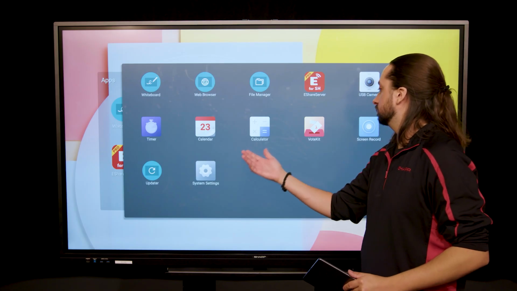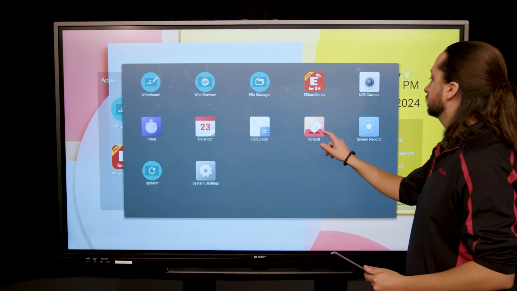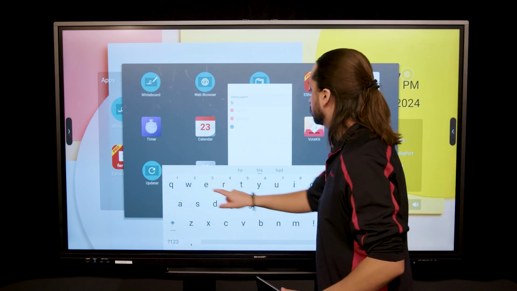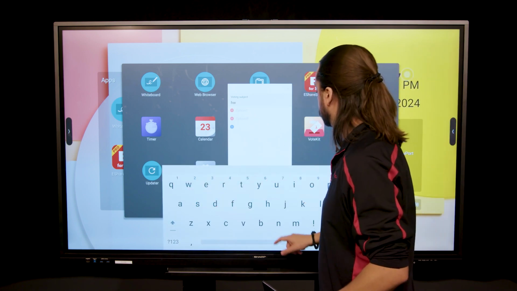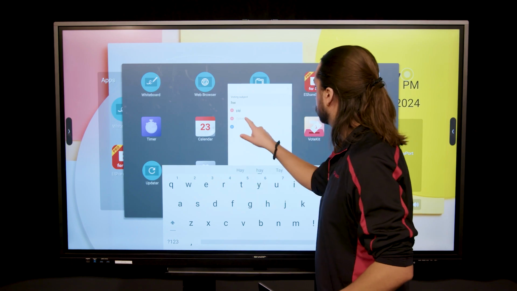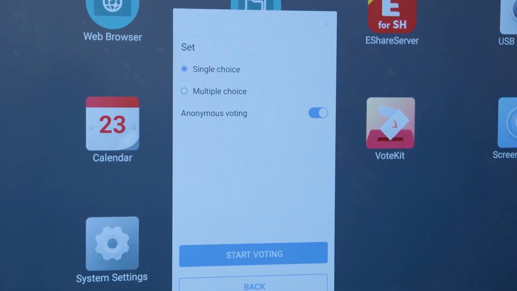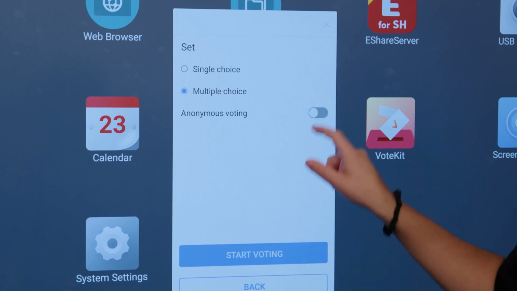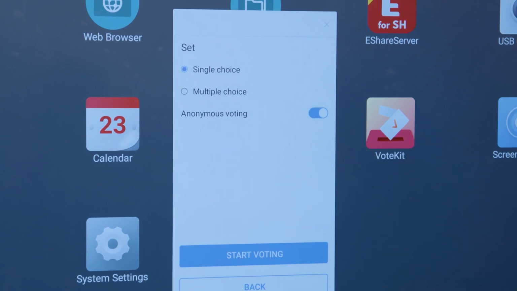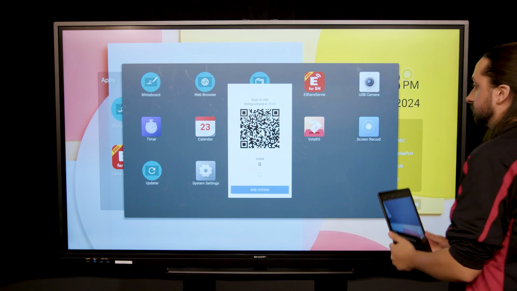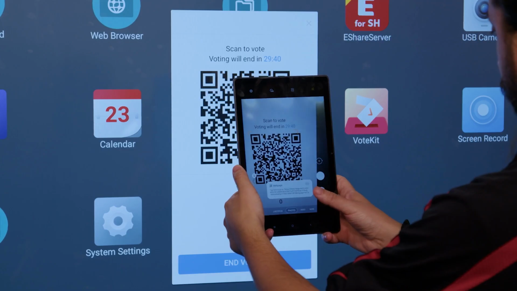The calendar and calculator apps are pretty standard, so let's move into VoteKit. It lets students vote on topics and will tabulate the results. Enter the subject and voting options. Then touch Next Step. You can further customize the vote with a couple of different options. Then select Start Voting. A QR code will appear. Scan with a device to vote,